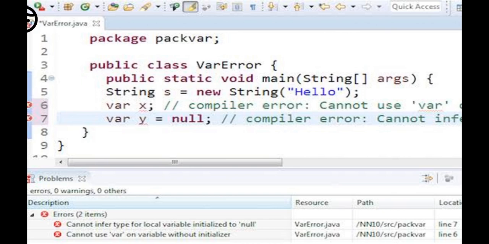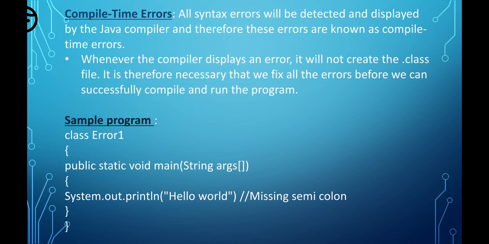We might not save our source file, even though it tells us while we are executing that it was an error. So this kind of error is known as a compile time error. So you could see a sample program for that. Class Error1, public static void main, thereafter System.out.println hello world. I forgot the semicolon after that, that's why it's showing missing semicolon. This comes under compile time errors.